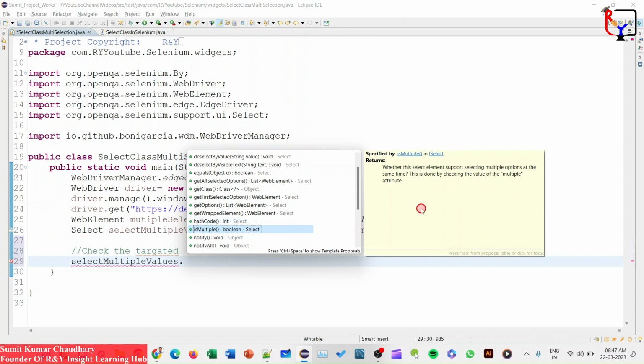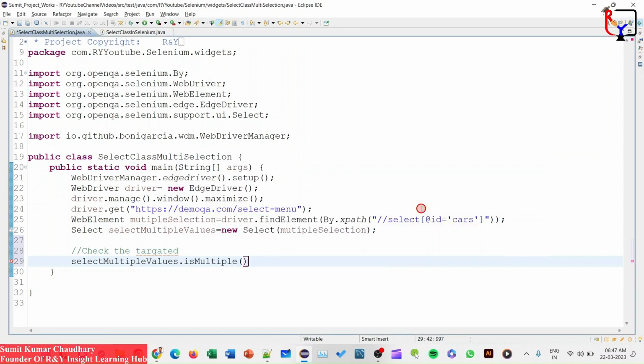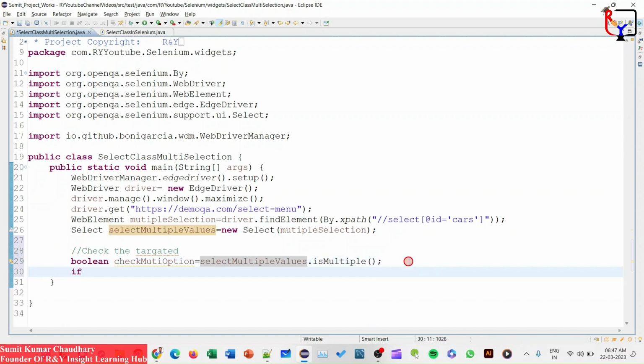Okay. So now we save a boolean value, boolean check multi option. And if check multi option equal to true